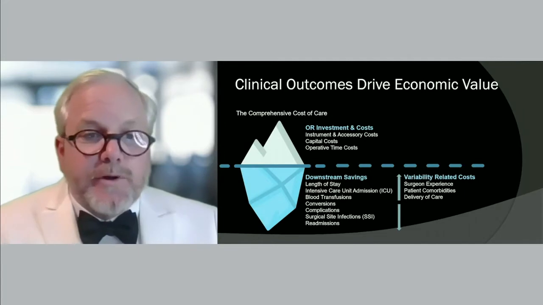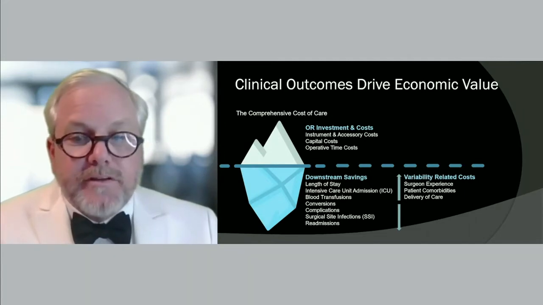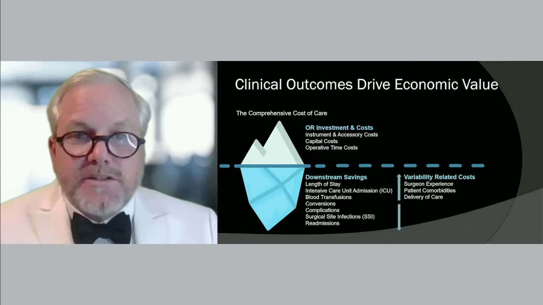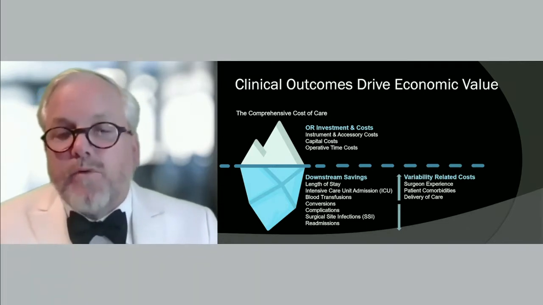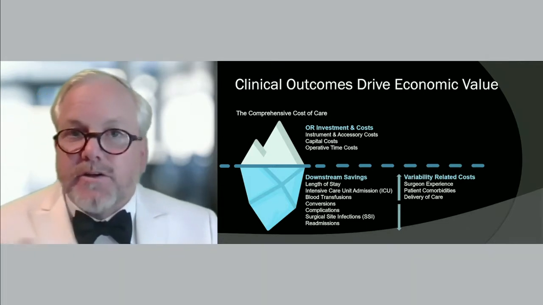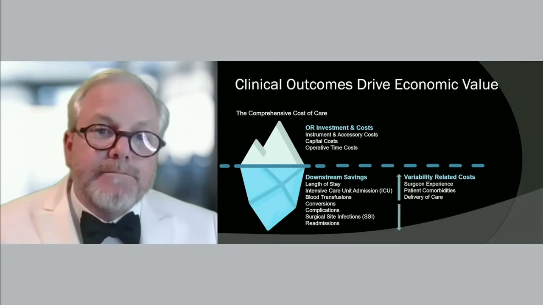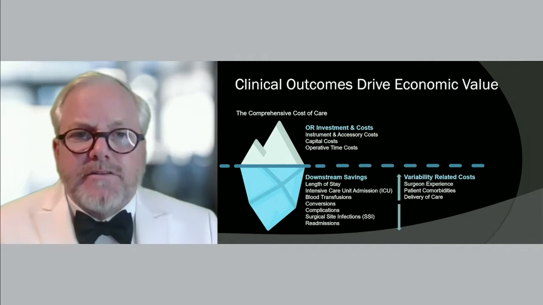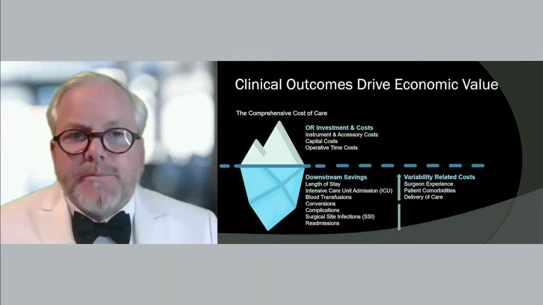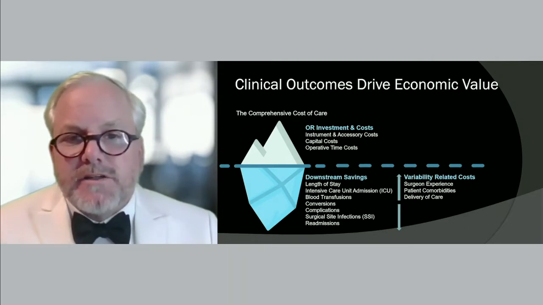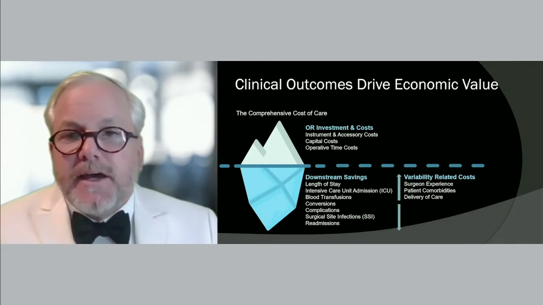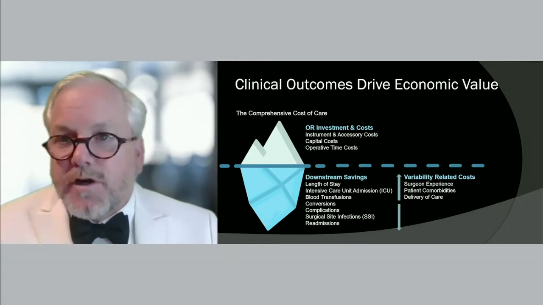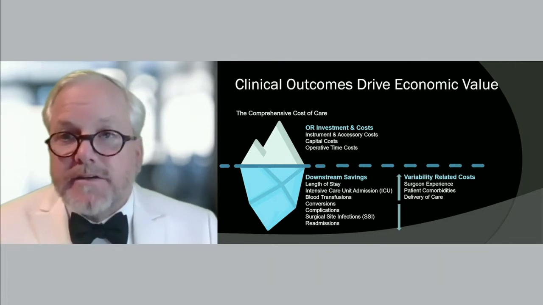Here's the famous iceberg. This is not the iceberg that sank the Titanic. This is the cost iceberg, and there are two parts of the iceberg. There's the part above water, which is very obvious, like the cost of the robot, maintenance, instrument costs, et cetera. The super obvious things I used to get really beaten up on when I would talk about cost 8-9 years ago. And then below, submerged, is the downstream cost savings that no one really talks about because they don't know